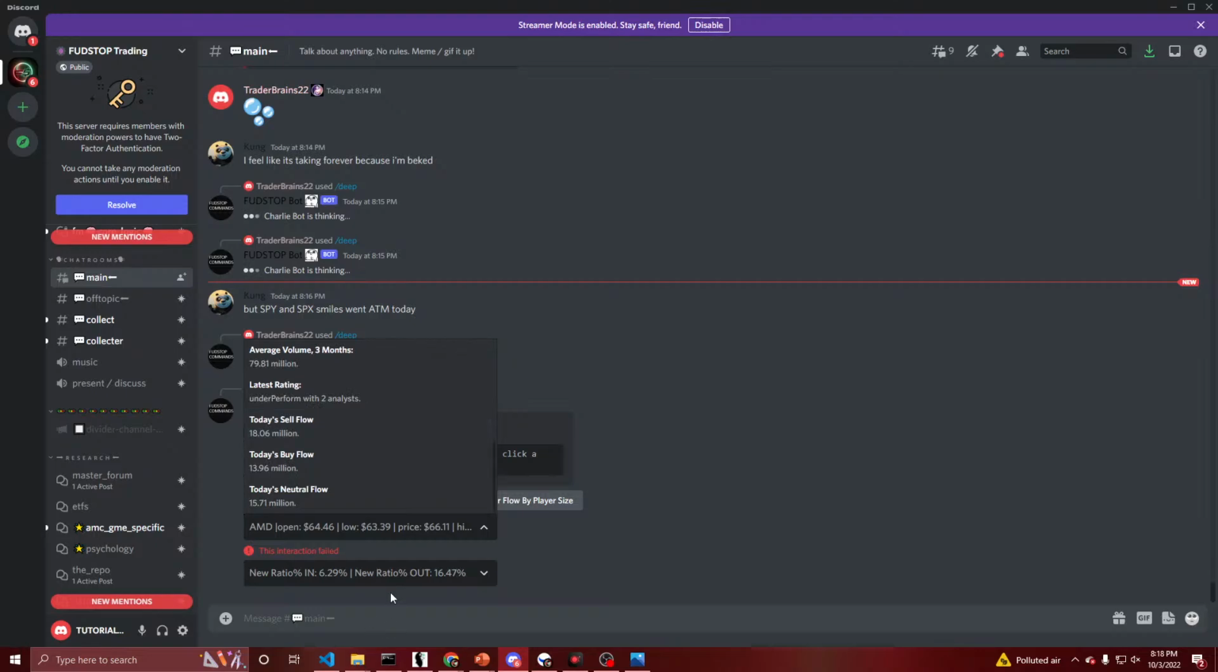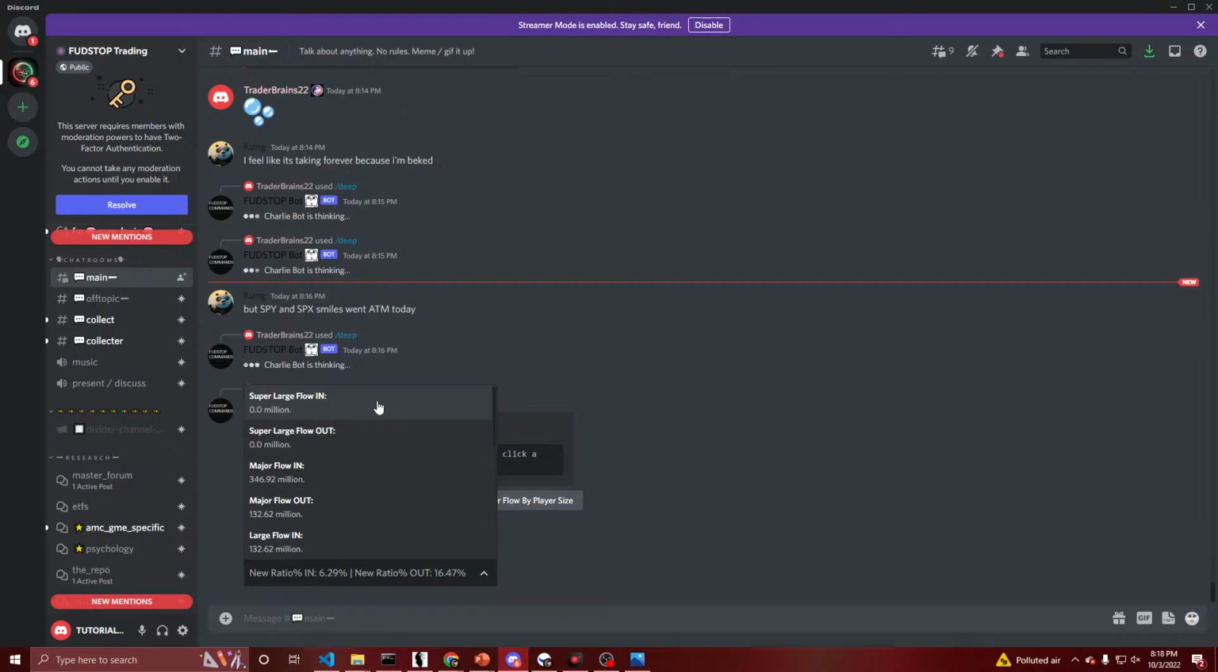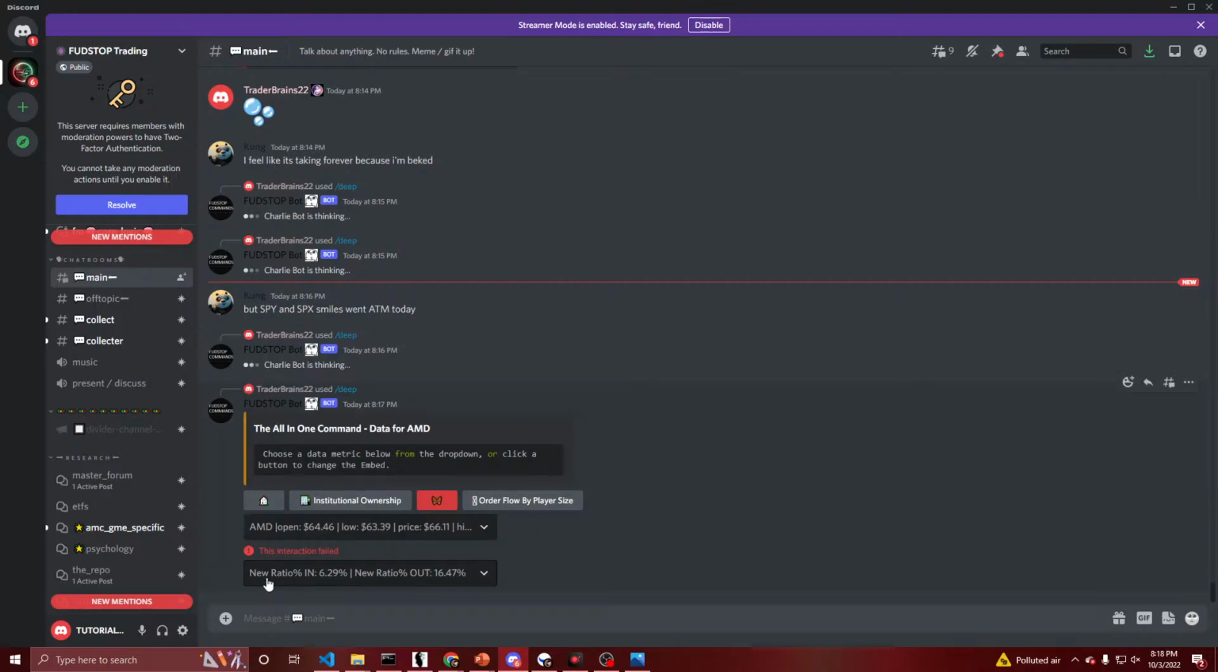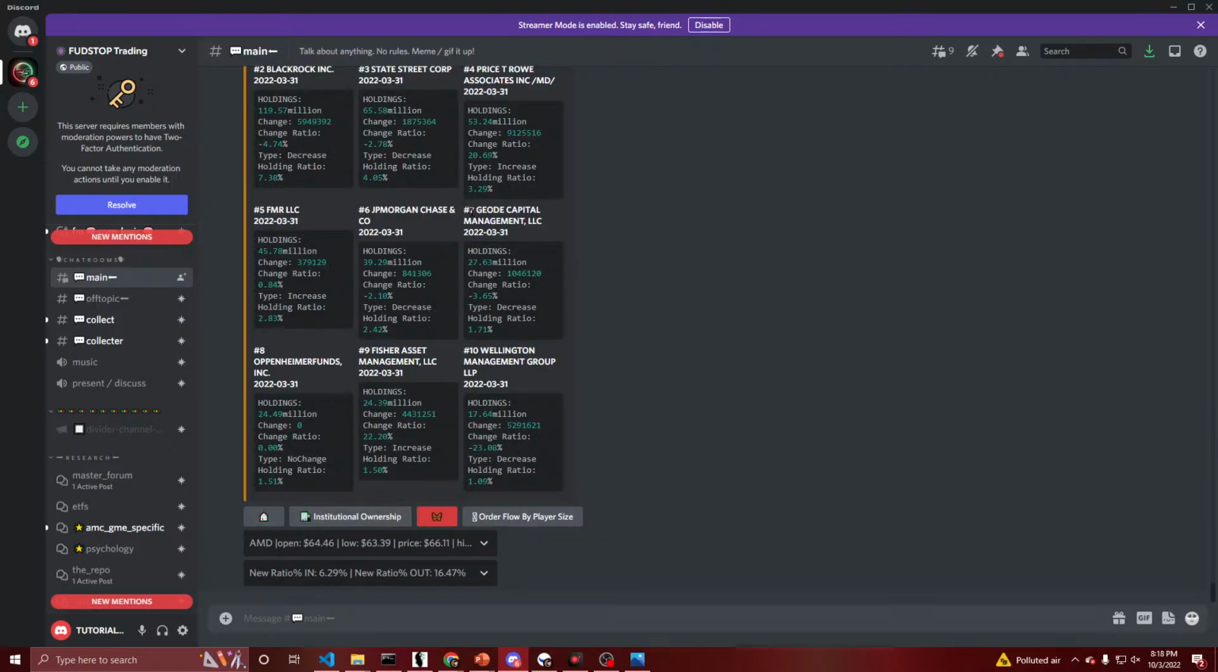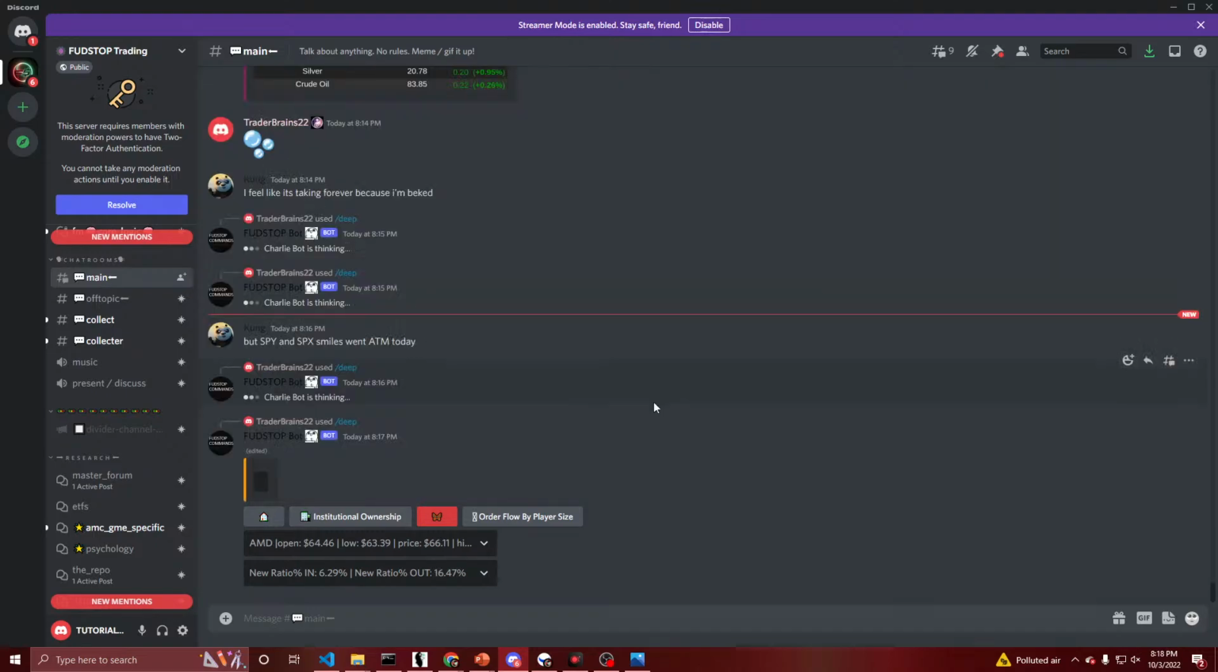And then you have your secondary drop down, which is your super large inflow versus outflow versus major in and out, large flow in and out, medium in and out, and then you have your small in and out, retail in and out. So very useful stuff here. And then the placeholder, of course, has the new percent in 6% and then new percent out 16%. And then if we click our buttons here, institutional ownership changes the embed, or it should, to the institutional ownership, so we can see that. And then if we wanted to look at the